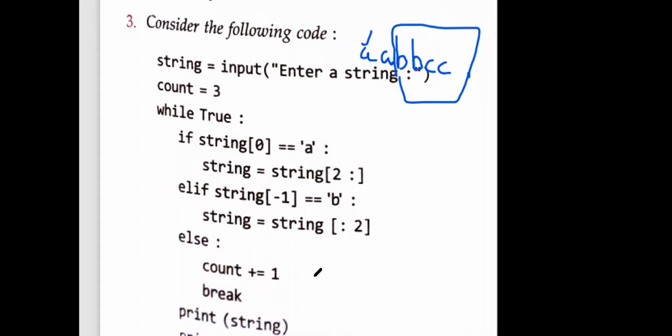Another question is AACCBB. This is the next question: AA, then CC and then BB. Now you have to tell what will be the answer.